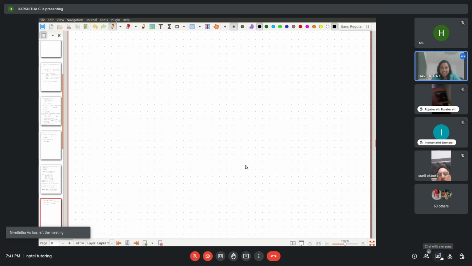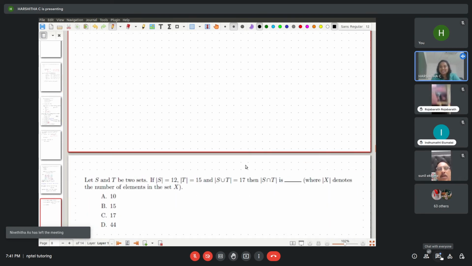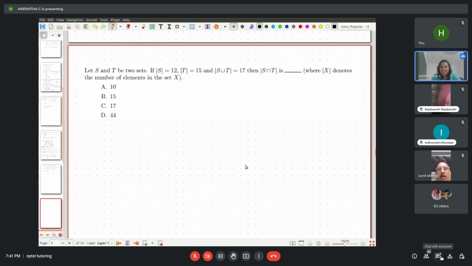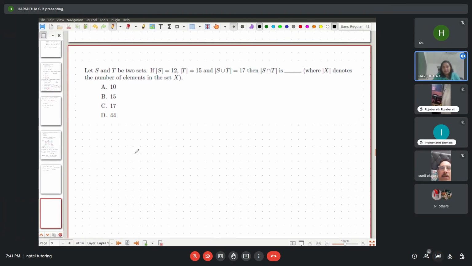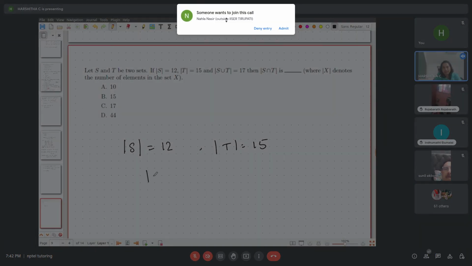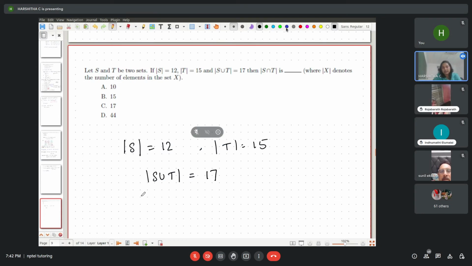So I'll move on. If you have any questions, you can just type in the chat box. Okay. So the next question, it is something about the cardinality of sets. So you are given cardinality of S, we are given cardinality of T, we are given cardinality of S union T, and